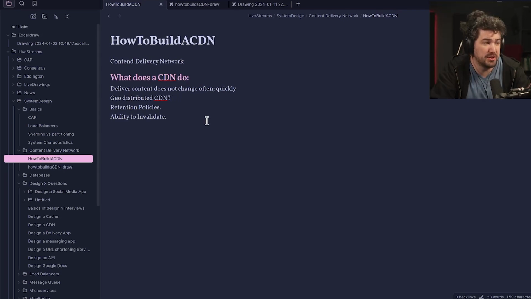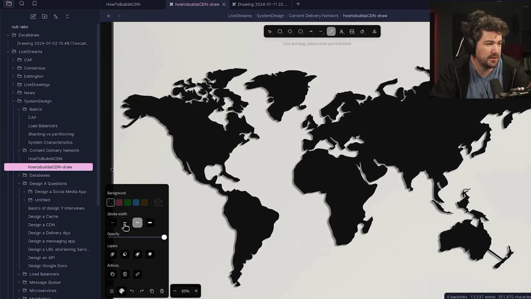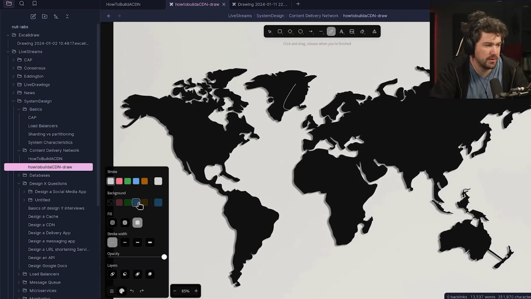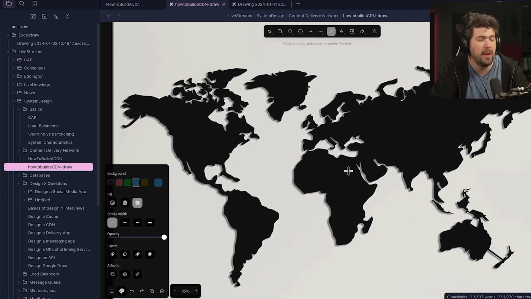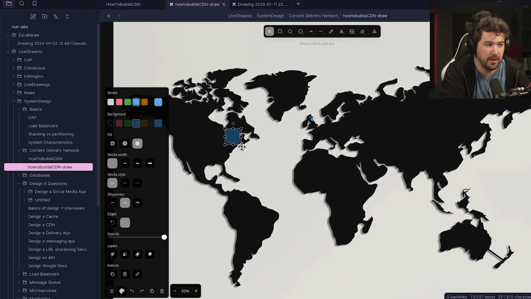Let's talk about geo-distributed. Why do you want geo-distributed? Well, as a cache, you don't know where your information is coming from. Can I draw on this map? I can draw on this map. Perfect. We need a darker color. Okay, our stroke needs to be blue. There we go. All right. We don't know where our user is going to be. So our user could be here in England. And if our cache was sitting over here, if our CDN was sitting here,